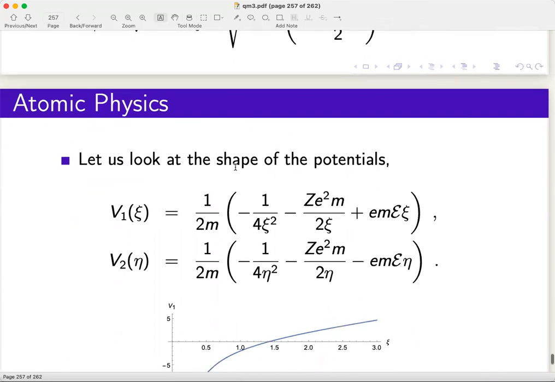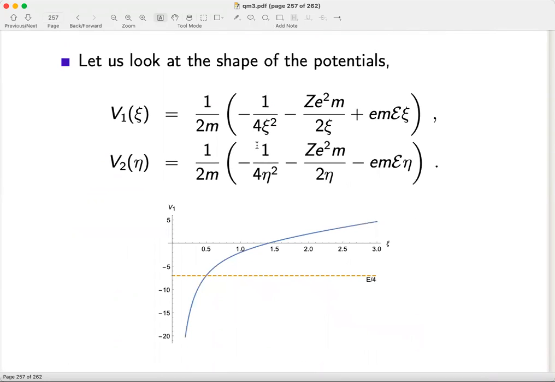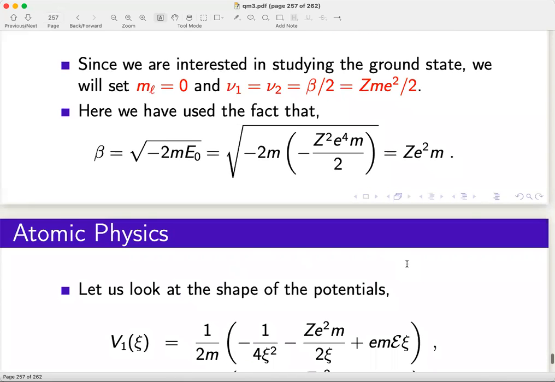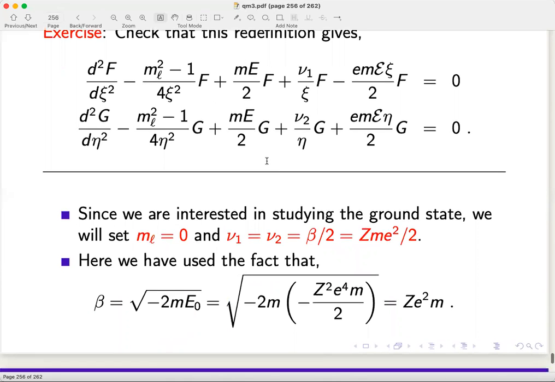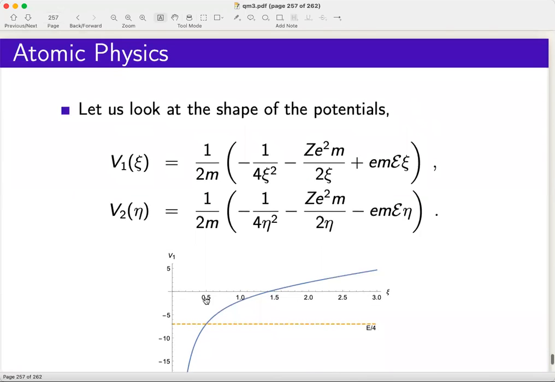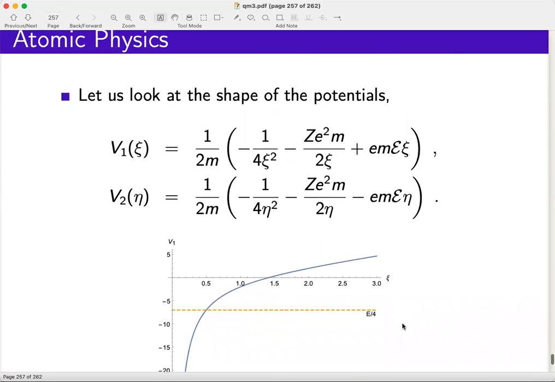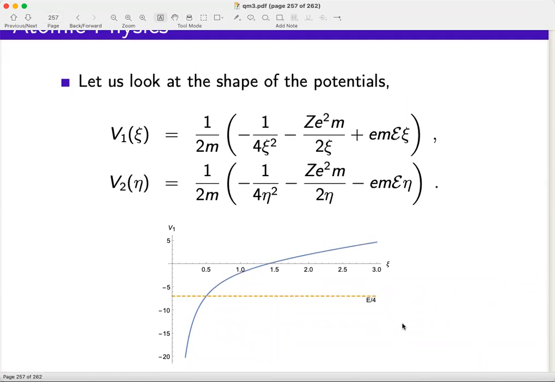So here's the potential V1. If you try to plot it, it takes a form which is like this. And this dashed amber line is the energy E by 4. Remember I was telling you that if you divide by 2m, then this will become E by 4. So we just want to ask where the E by 4 is sitting. So it's here. Clearly, in the xi coordinate system, you can see that the problem is completely stable. By stable, I mean that if this is the energy level, then this energy level is a bound state energy